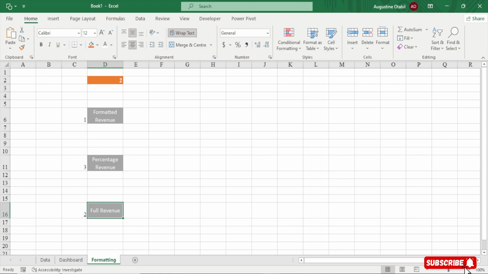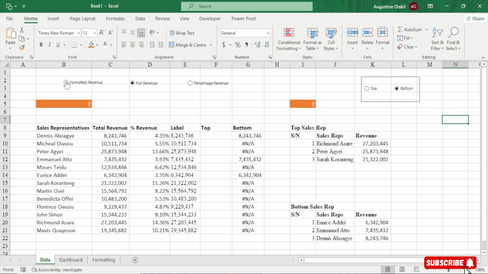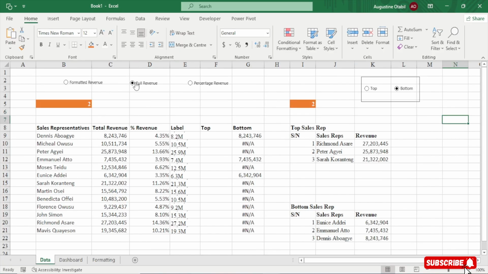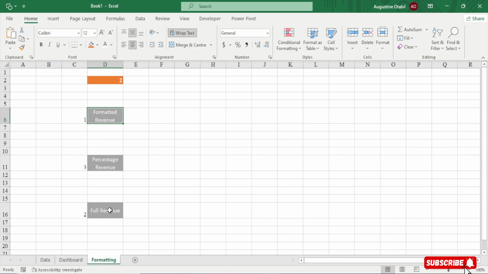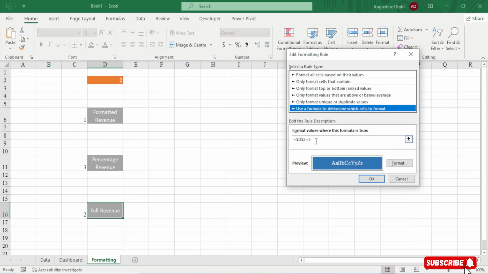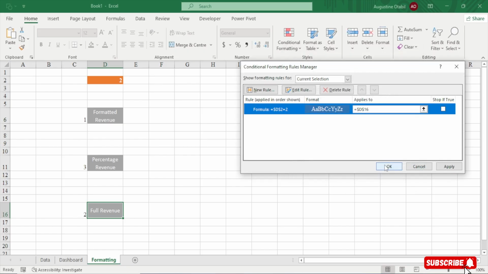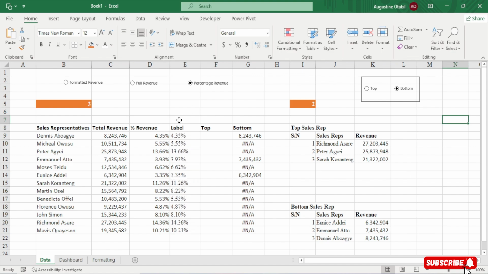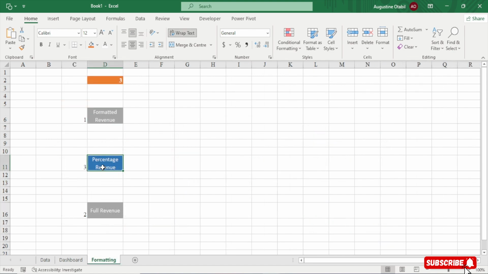Now you see, now when it is 1, this changes, right? Watch here. When it is 2, okay, this didn't change. Now, okay, let's manage it. Okay, this is 3, but this is 2. Okay, let's edit it. This should be 2, right? Because this is 2, right? Okay, and then okay, so this response, right? Now when you change this to 3, you see now this is 3, right?